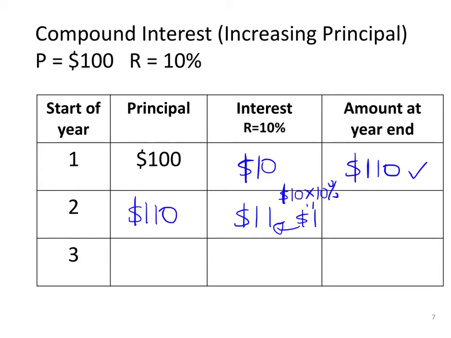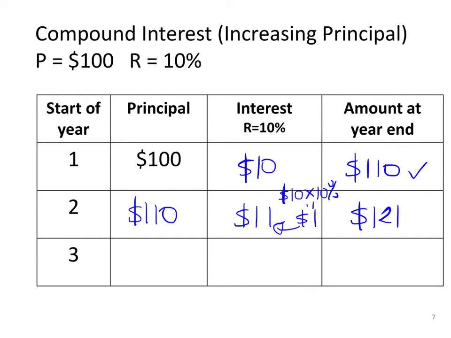This is part of the interest of the second year. Therefore, in Chinese, we call this part 利搭利. In fact, it is the interest of the interest in the first year. So this additional $1 is called 利搭利. And again, at the end of the second year, the amount will be the sum of the principal and the interest, and this will be